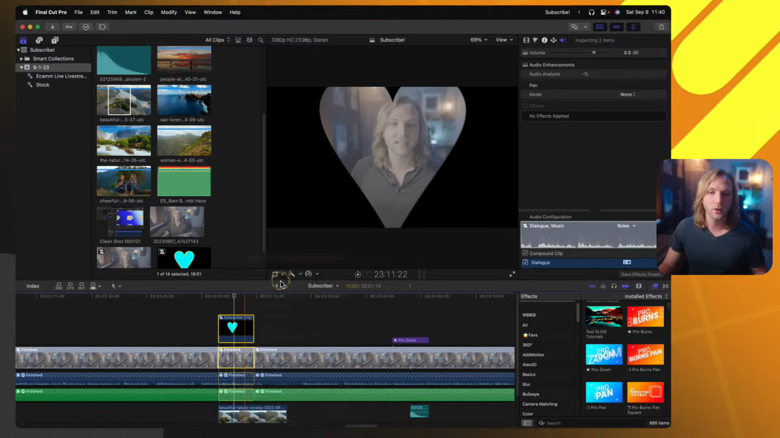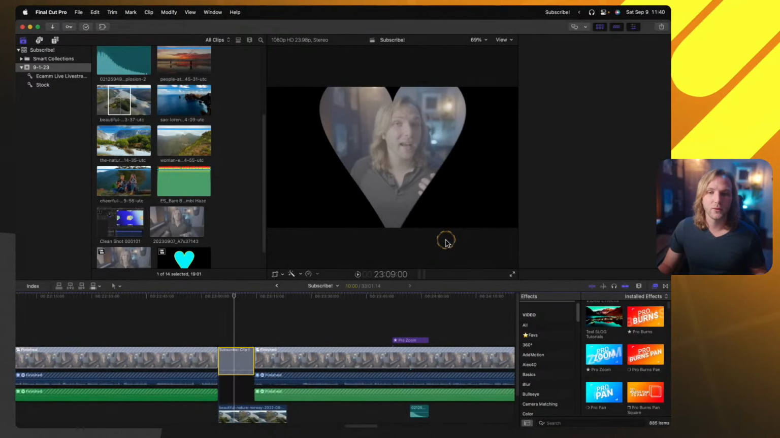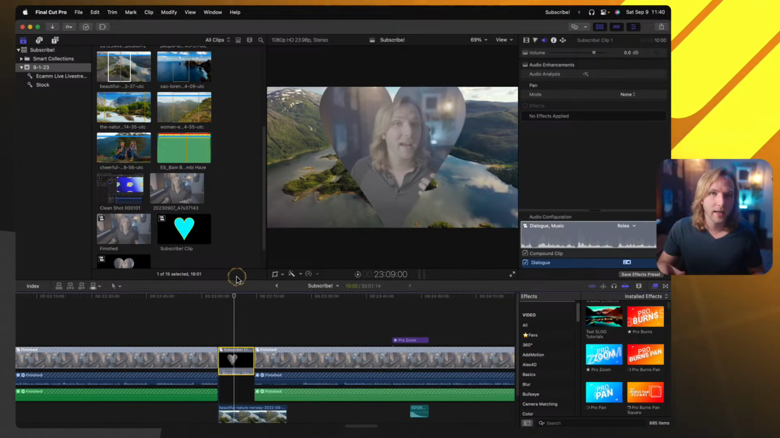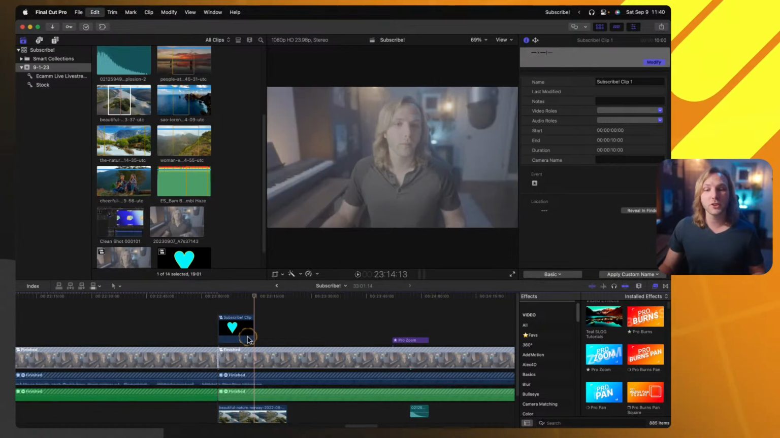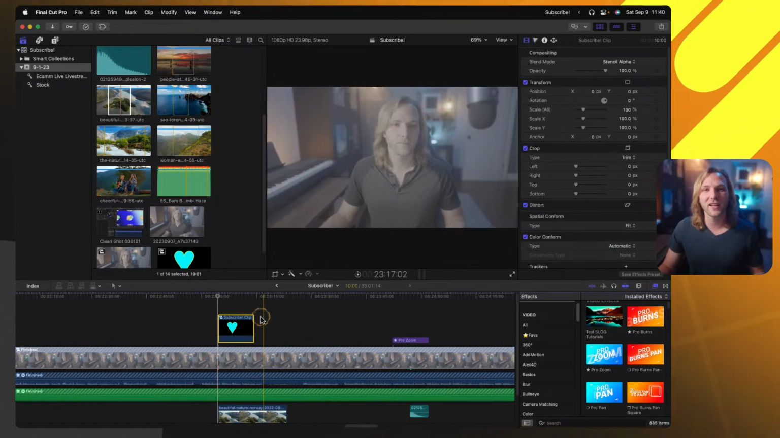So I'll right click, new compound clip, and do that. So now we have that heart cutout shape, and it's in this compound clip. However, sometimes you don't want to work with a compound clip. So you have another option,